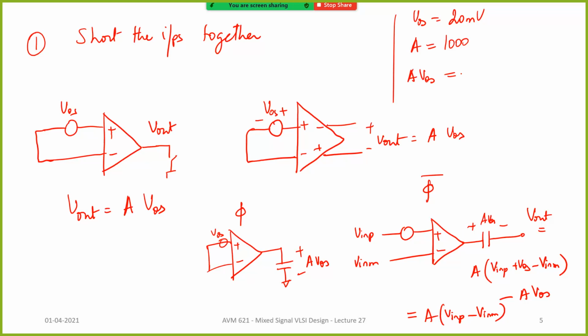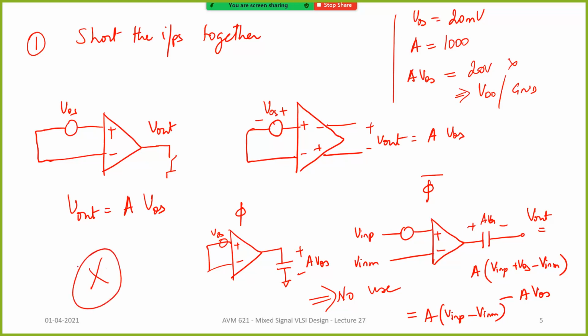It is supposed to be 20 volt, but can you have 20 volt in your op amp? Not possible, right? So basically it will go and settle at either VDD or ground. So what you are doing here is having a capacitor at the output which is storing either VDD or ground. So absolutely there is no use of this calibration, right? If you subtract VDD, then you will have a negative signal at the output. So this is a very bad technique, and you should never ever use it.